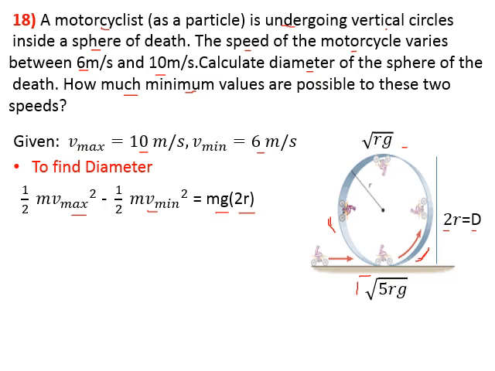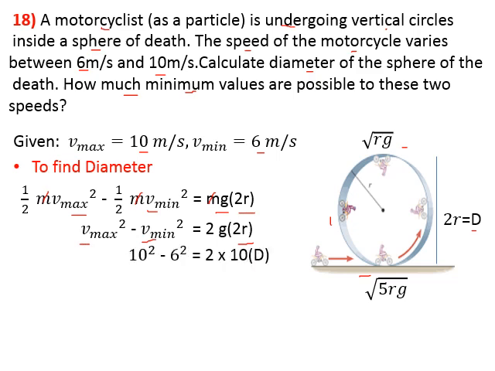Clear? Now next to this, go on simplifying. The rest of the things are very simple, just the mathematical part. Take out 1/2 as a common factor. This m will get cancelled throughout, and shift this 1/2 to the right hand side. So this is our next step. This 2r is the diameter. Substitute v maximum and v minimum. Go on simplifying. See, this is the next step. After this, what do you have to do? Square 10 square, 6 square, and do this next step. Like this, you will find the value of the diameter, and it is 3.2 meter.